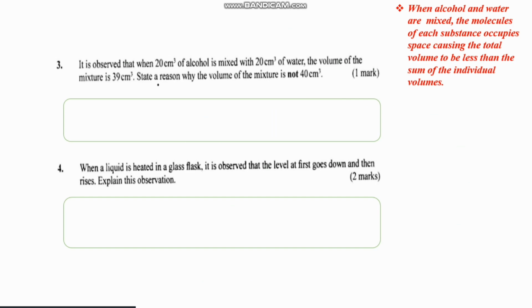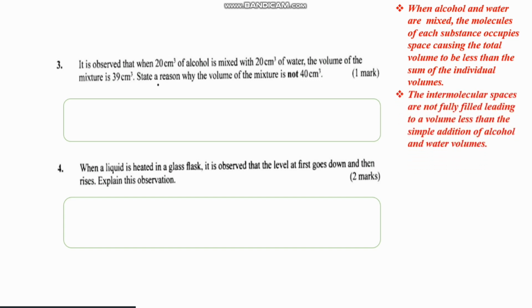This comes from the particulate nature of matter, where we know that water has intermolecular spaces, and when it is mixed with alcohol, some particles of alcohol occupy those intermolecular spaces, making the total volume to be less than 40. The intermolecular spaces are not fully filled, leading to a volume less than the simple addition of alcohol and water volume. So the simple answer for this question is that the spaces inside the water molecules are occupied by the alcohol molecules. The fourth question reads: